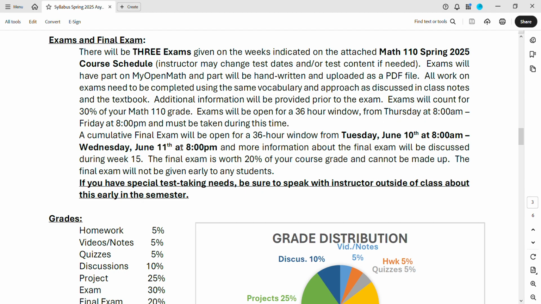Again, make notes that these need to be completed and done, both parts, by Friday at 8 p.m. on those exam weeks. A cumulative final exam will be open for a 36-hour window from Tuesday, June 10th at 8 a.m. till Wednesday, June 11th at 8 p.m. So again, making sure you set aside time to take your exams during exam weeks, and then also during week